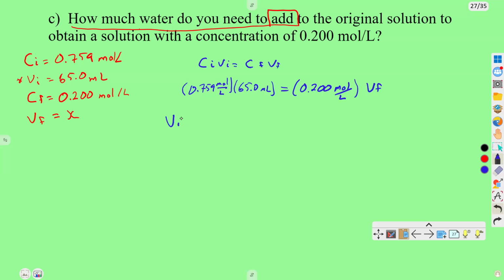So the final volume is 0.759 moles per liter times 65 milliliters, and we're going to divide that by 0.200 moles per liter. Now I'm going to take my calculator very quickly and punch that in. So 0.759 times 65 divided by 0.2 is going to give me